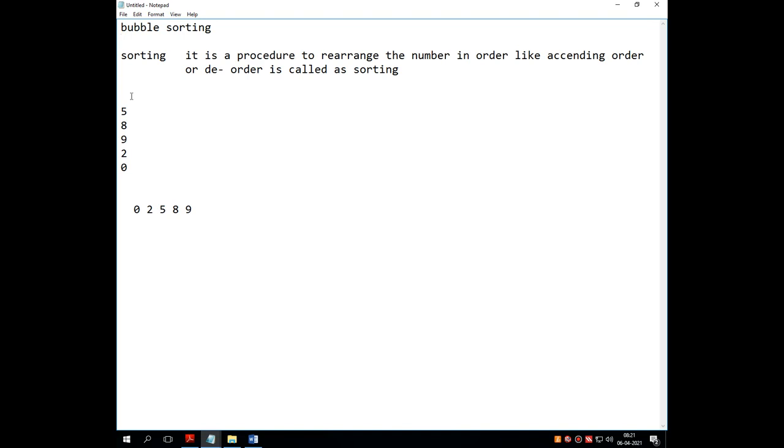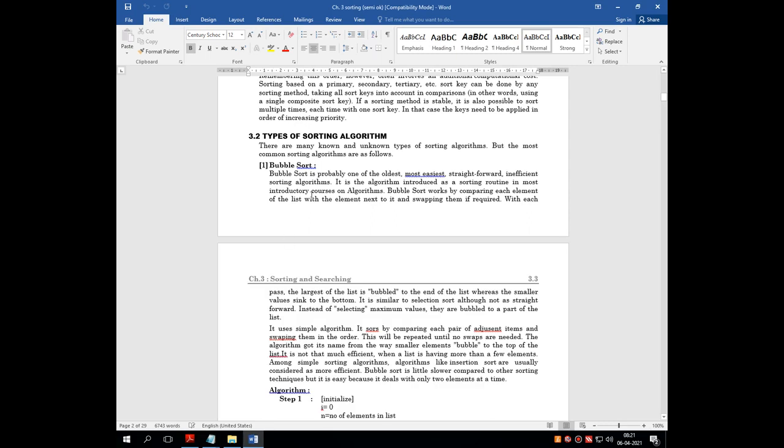In bubble sorting, from the list of numbers or values, it finds the smallest value and puts it into the first position, and then by comparing the other values, it finds the smallest and rearranges the numbers, ultimately sorting them. This technique is called bubble sort.